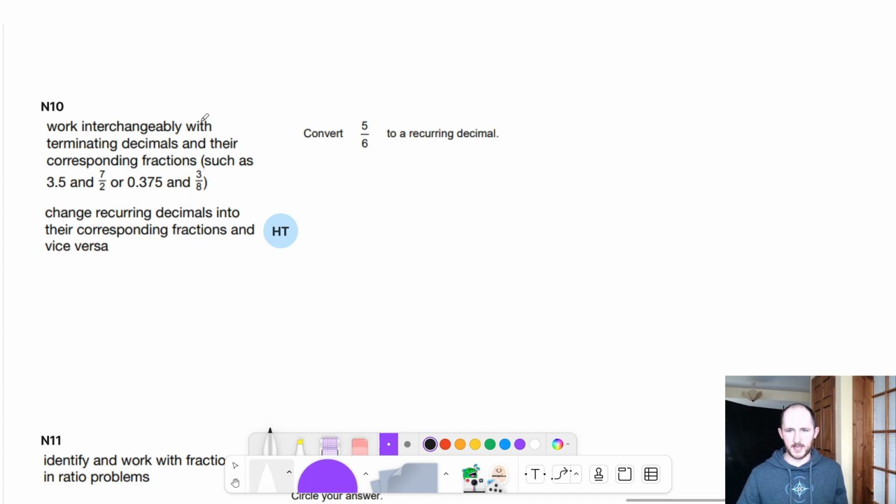Here we have to work interchangeably with terminating decimals and their corresponding fractions. So again, things like that. But then you also need to be able to convert recurring decimals into their corresponding fractions and vice versa. So we need to here change this into a recurring decimal. So the way you would do this